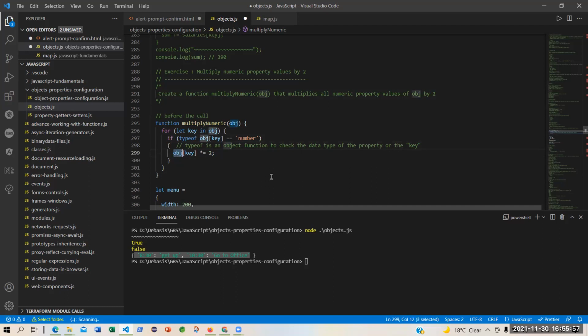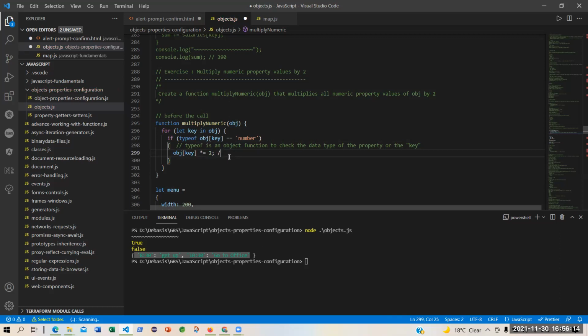What I'm doing is picking up the property or the key of that object and multiplying it by 2. This is a shorthand notation of multiplication, like when you give plus equal to. What does that mean?